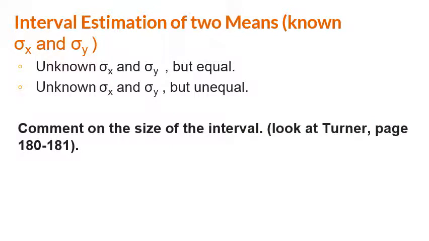So now we continue. So yung sa kanina, so sa known sigma x and sigma y. So yung kanina, we know sigma x and sigma y. So may cases din na we do not know what is sigma x and sigma y, but we know that they are equal. And we also have a case in which meron tayong unknown sigma x and unknown sigma y, but we have an equal variances. So class,